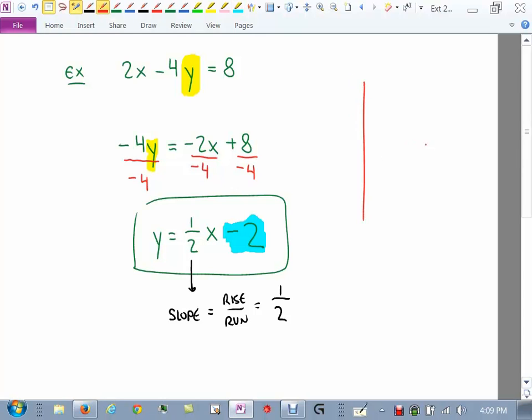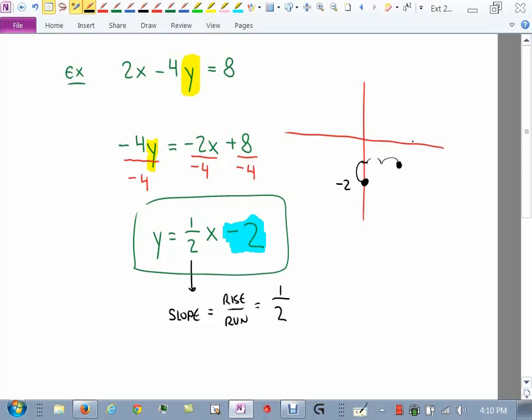very important, where do you start? At the y-intercept. You always have to start at the negative 2. You put a dot there. From that dot, from that negative 2, make sure you don't put that negative 2 on your x-axis. So many students do that. It's a y-intercept. It goes on the y-axis. From here, to get to another point, I need to rise 1 and then move over to the right 2. So I rise up 1, move over 2, put a dot.